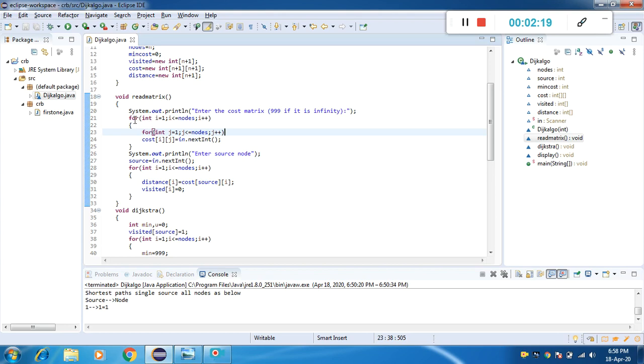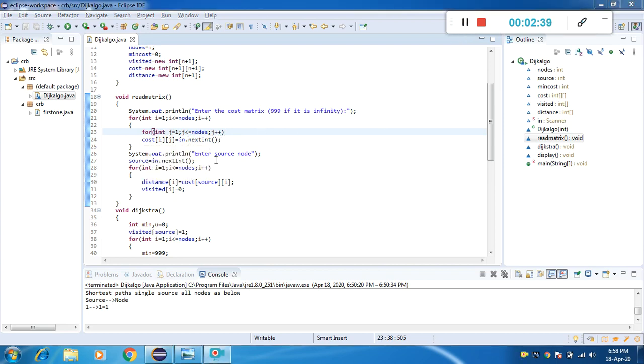Then by using this for loop, for int i = 1; i <= nodes; i++, for int j = 1; j <= nodes; j++, enter the cost matrix value as cost[i][j] = in.nextInt().